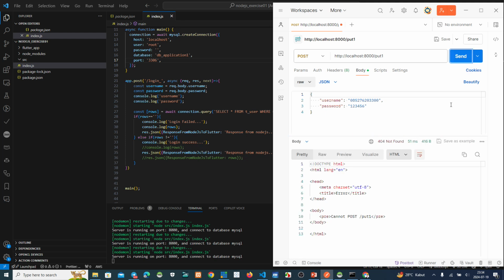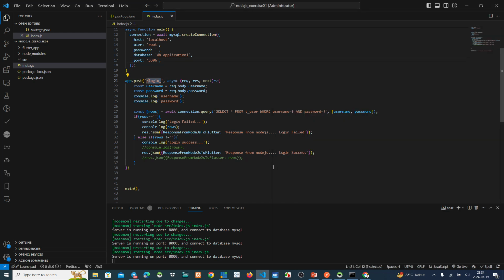Still error. Login here. Connection to, oh, not put here. Login underscore. Sorry about that. Login underscore, like this.